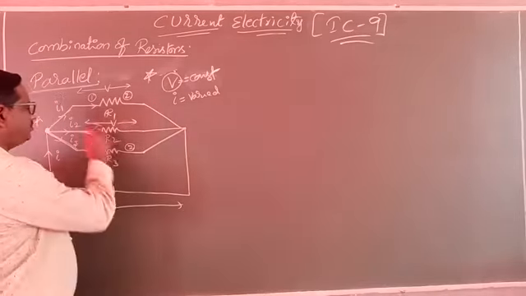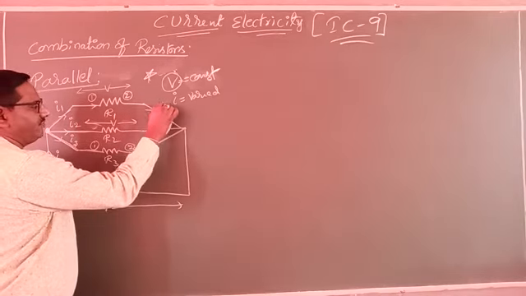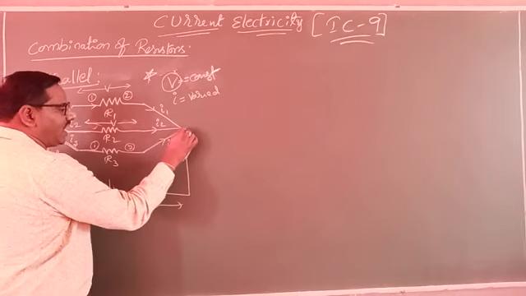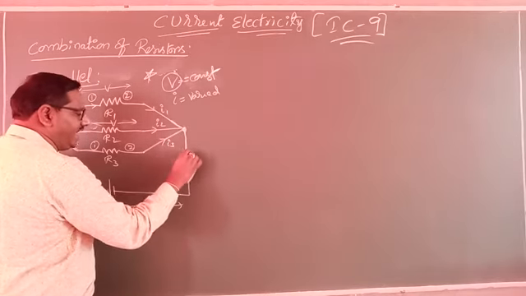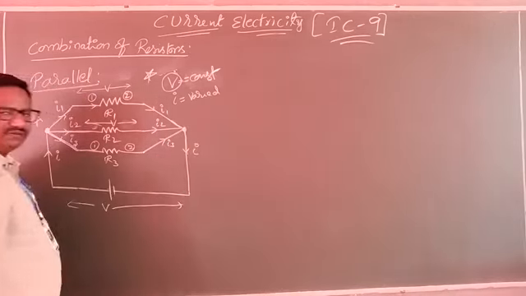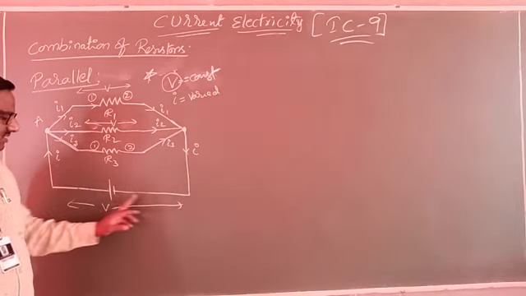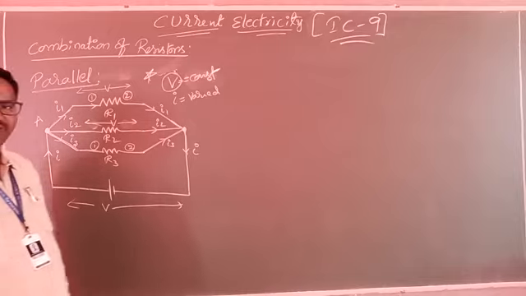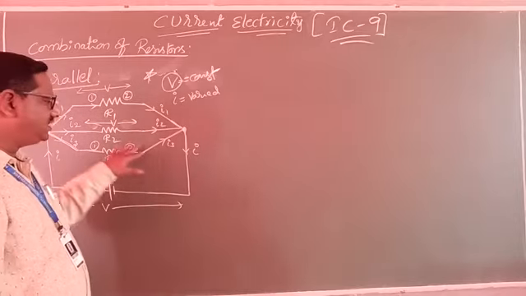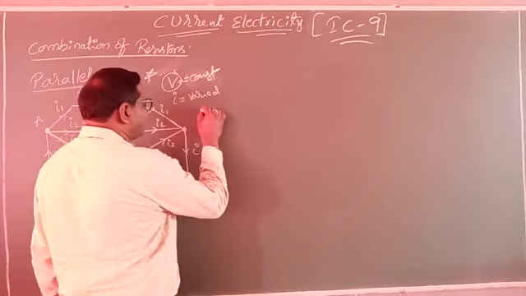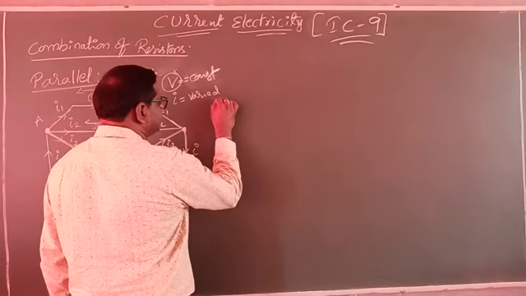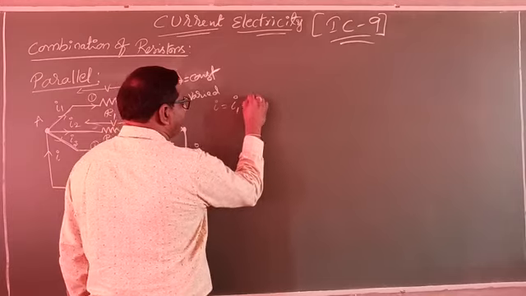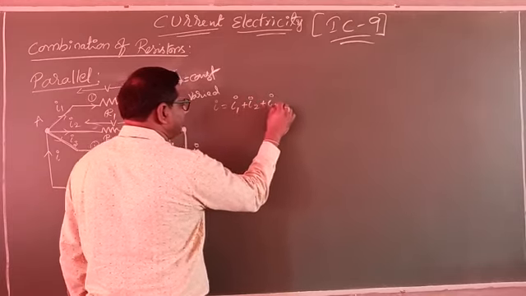Okay. Now in this circuit, the current will be I1 here, I2 here and I3 here, and after meeting at the junction, again the total current I comes here and reaches the cell's negative terminal. Do you understand? Very, very simple circuit. If you understand this, now what can I write? Very simple equations. I equals the total current in the circuit, I equals I1 plus I2 plus I3.